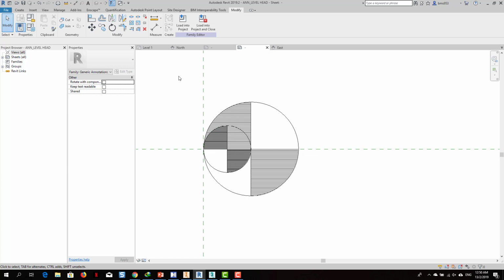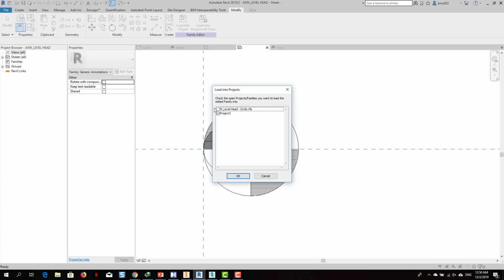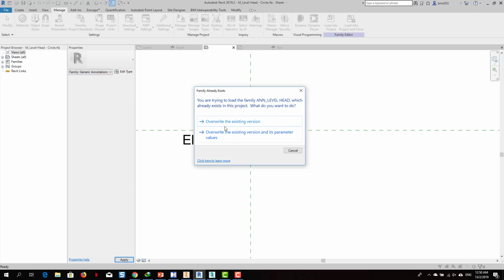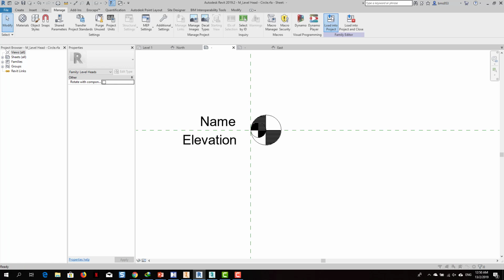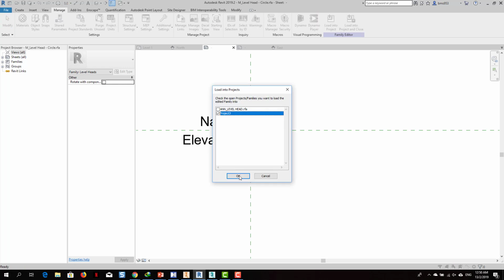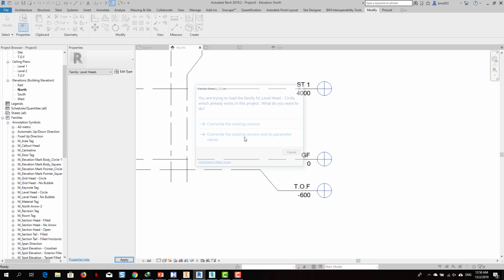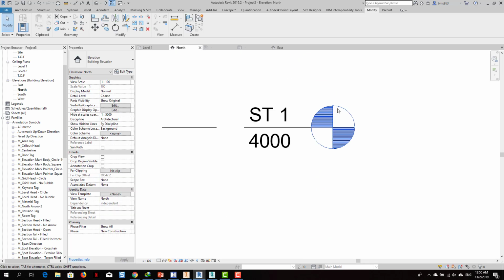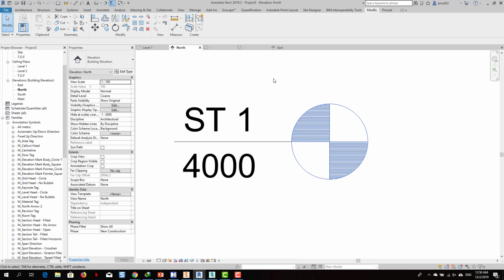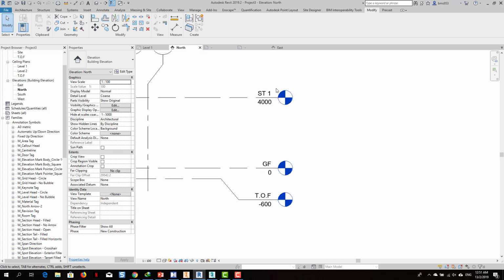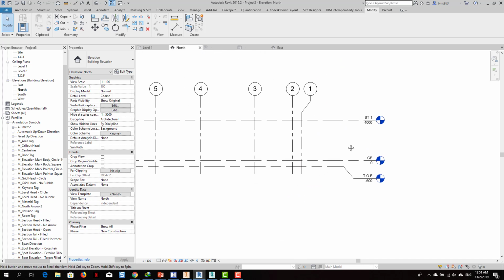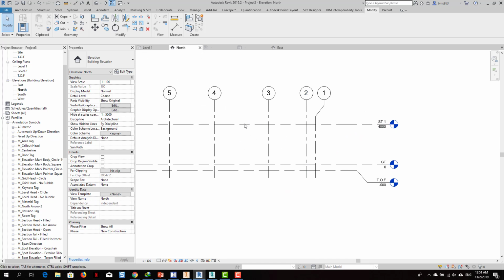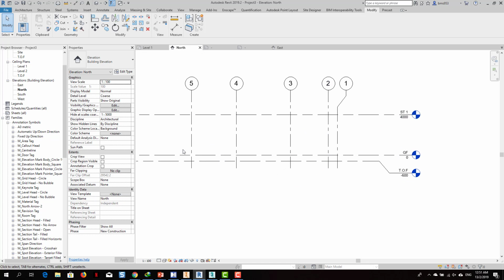After I define this, I can load it again into my level head family, and I can load it again into my projects. Once you did this, you will receive a result like this, and believe me, in your print everything will be okay without any issue. Now the only thing I need is to say, for example, for 1 to 100 the scale,